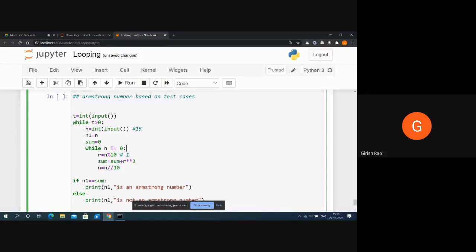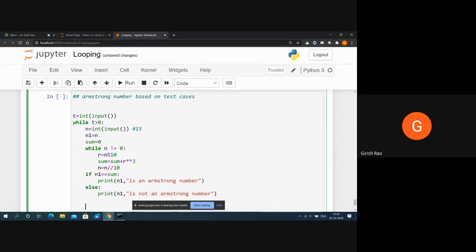I will remove the remarks. Okay, once this inner loop is over, that means we should display whether it's Armstrong number or not. That means the placement of if is wrong. It should come here, it should be over here.